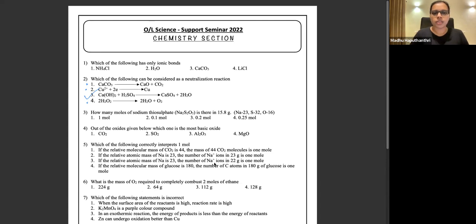And there's a question, I think this is for the first one. Miss, how to identify whether it's an ionic bond or a covalent bond? I will give a short answer to your question. One parameter you can consider is the electronegativity difference. If the electronegativity difference is high, that is more towards the ionic bonding side. That's one point. Second, there is a major difference between ionic bonding and covalent bonding.